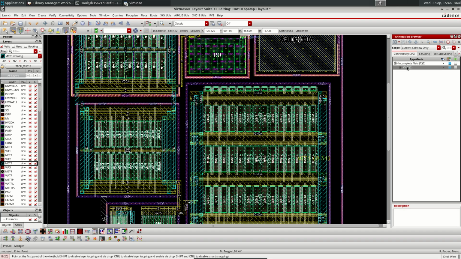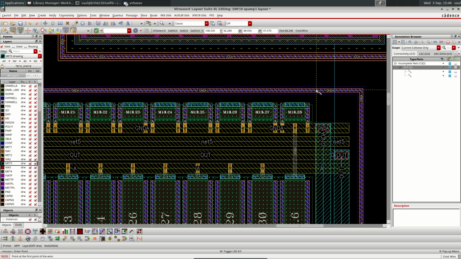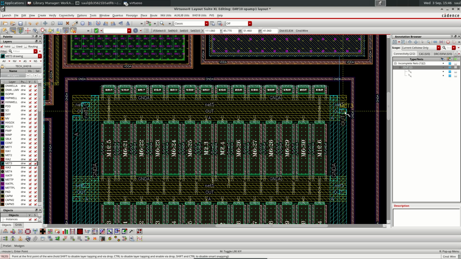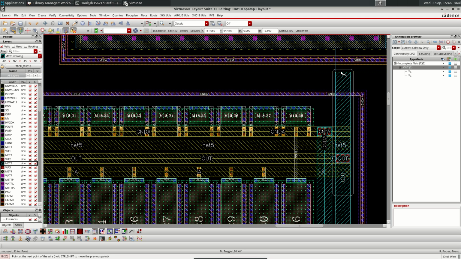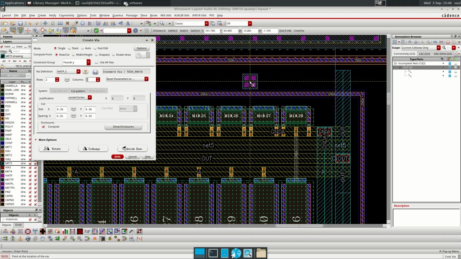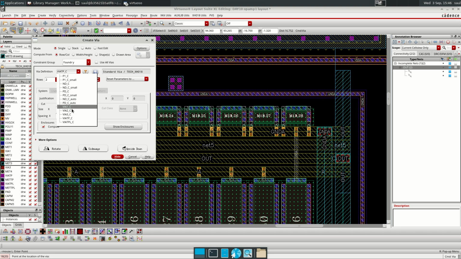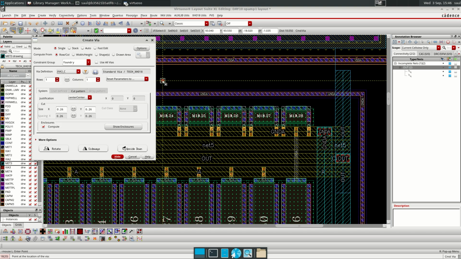And then the thing that remains is just to connect the output, that is in metal 4, from metal 3 that is here. So I'm going to do this pretty quickly. I come here. I need to bring it from metal 3 to metal 4. That will be this one, this one here,